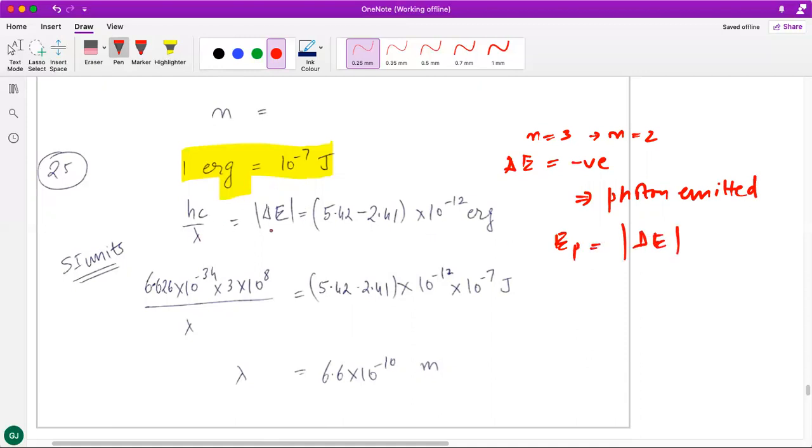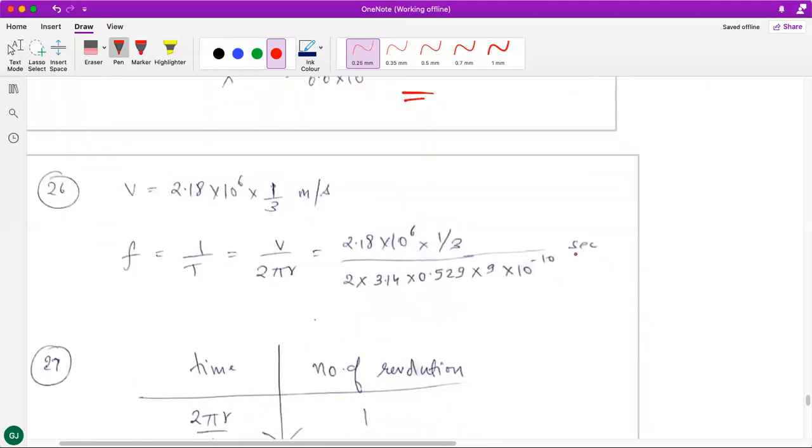That is what I have written here, and substitute the values and convert to joules, okay, and then also substitute the SI units on the left hand side, so I get my answer of lambda also in SI units. The remaining is calculation. Just don't get confused with the negative part, because the negative sign indicates the photon is emitted. You can use the energy of photon equal to the mod value of delta E.